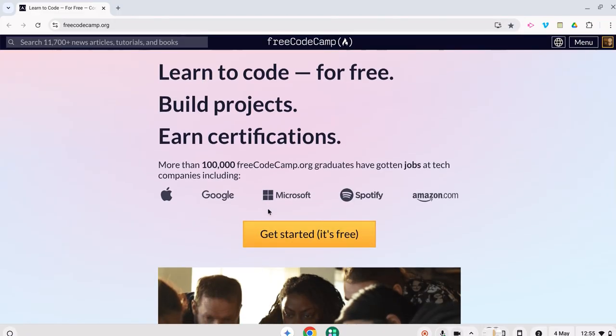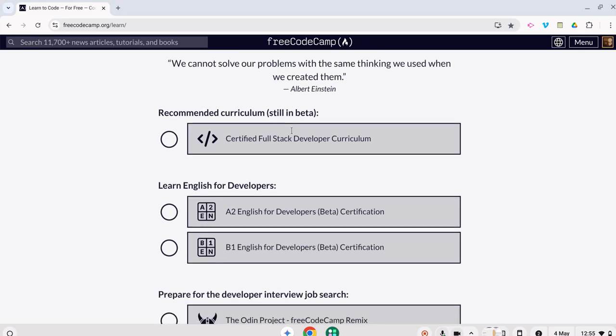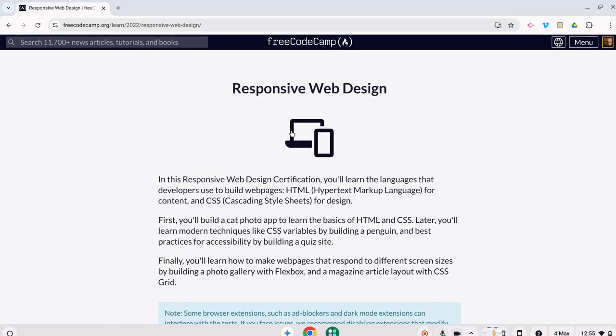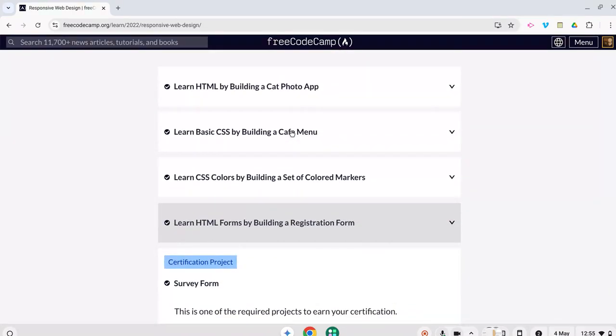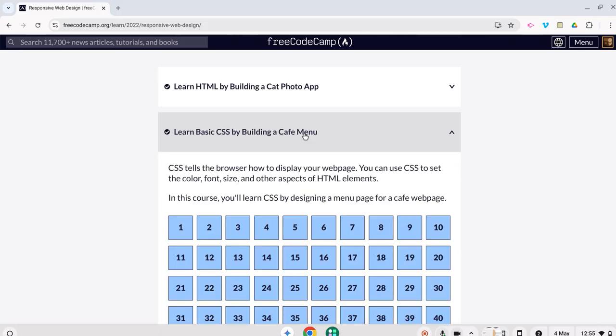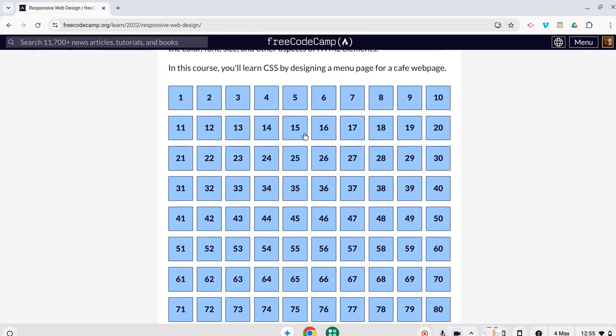So you go to freecodecamp.org, get it started, it's free, and then go to Responsive Web Design. And the first one was the cat photo app, the second one's going to be the cafe app, and we'll